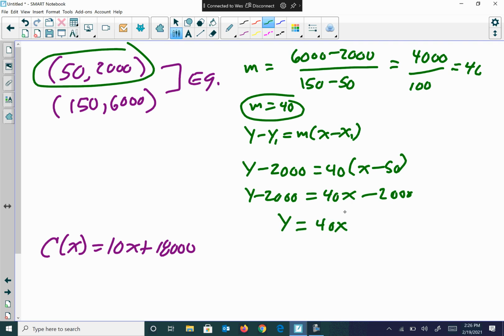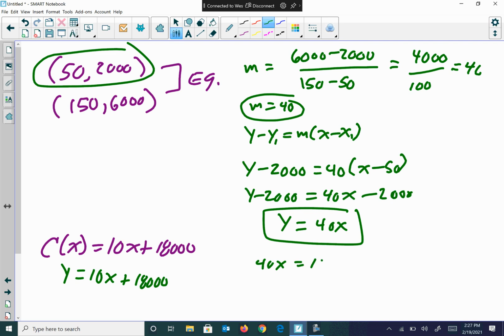So if I want to find my break even, I have one equation. I have to realize this is also this equation. So if I want to figure out my break even, I'm going to set those two equal to each other. So I get 40x equals 10x plus 18,000. Gives me 30x equals 18,000. Knock off a 0. So 3 goes into that. That'd be 600. So if I sell 600,